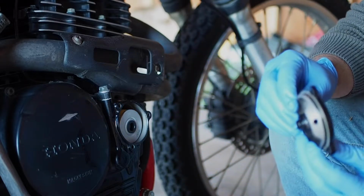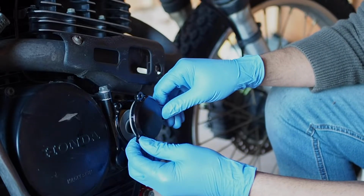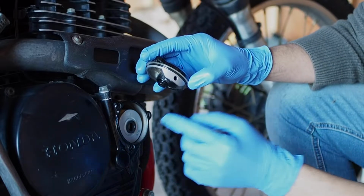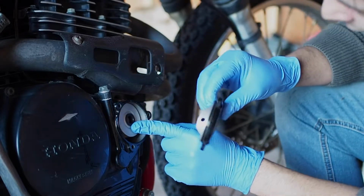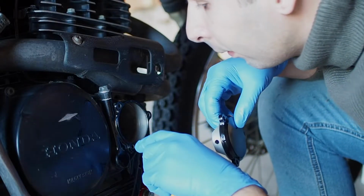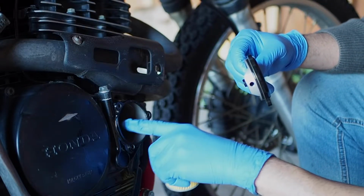Another thing about the oil filter cap is that it's identical all around. You can put it back in any way possible, because it's just round. But the important part is there is a hole here, where oil comes from the engine and from the frame into the oil filter, right? So you need to make sure that you put this in the right direction, which in my case is on the left side of the